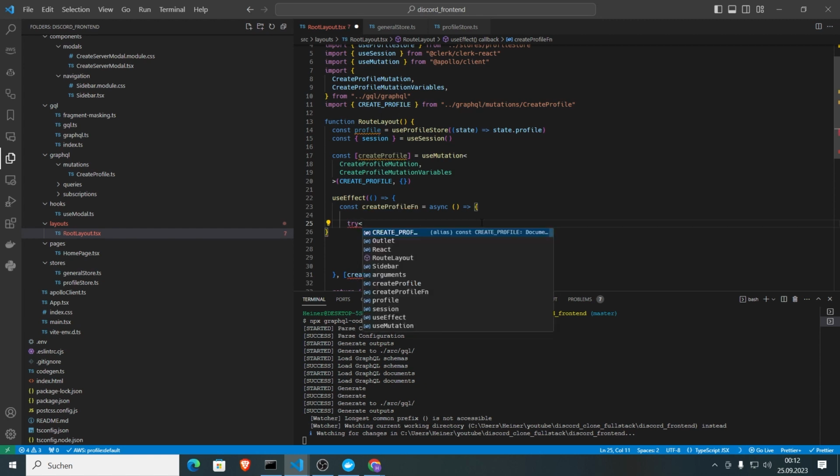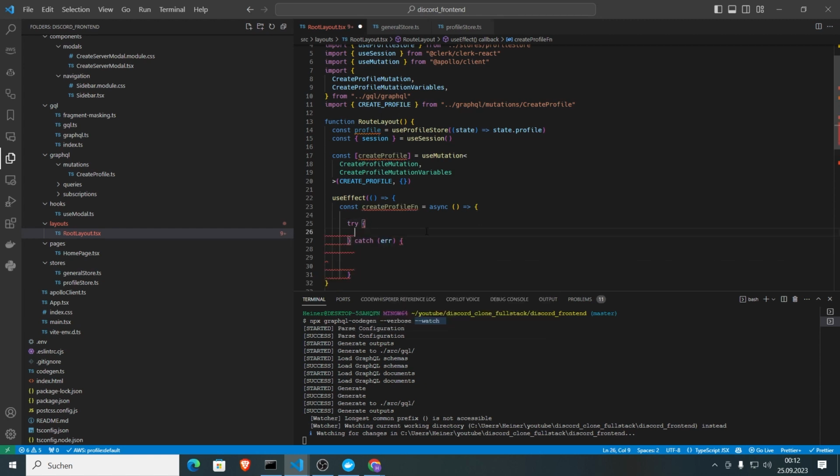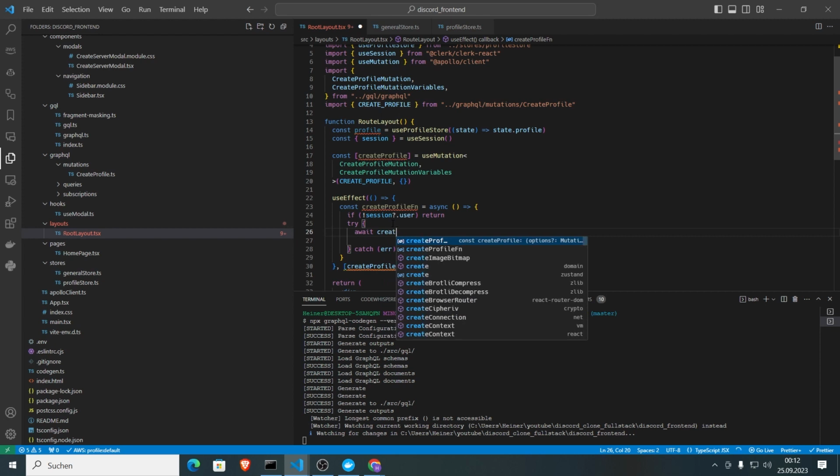And in here, let's have a try and catch block. In the try block, or maybe outside, for the case that we have no session user, we want to return. So we can't do anything. Otherwise, we can do the following in the try block. We can say await create profile